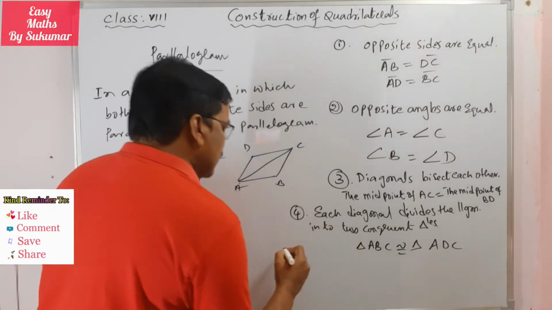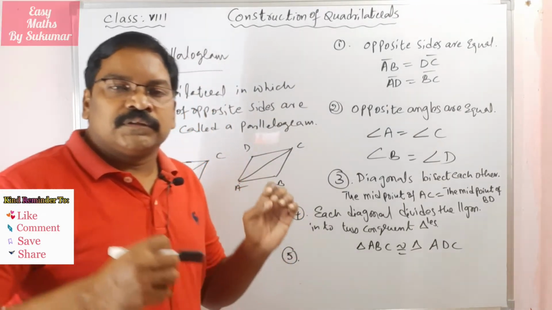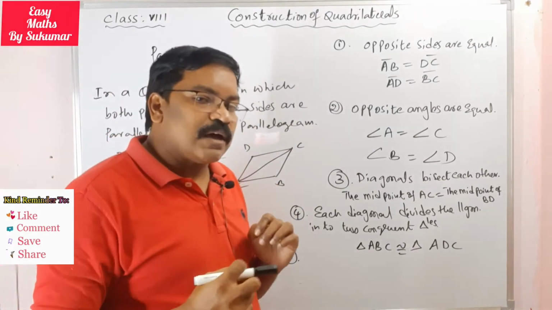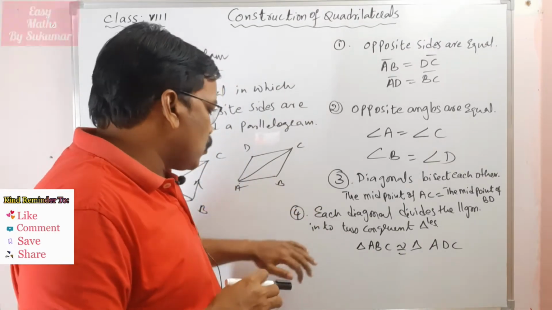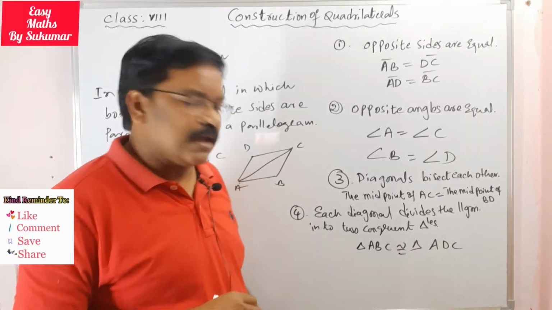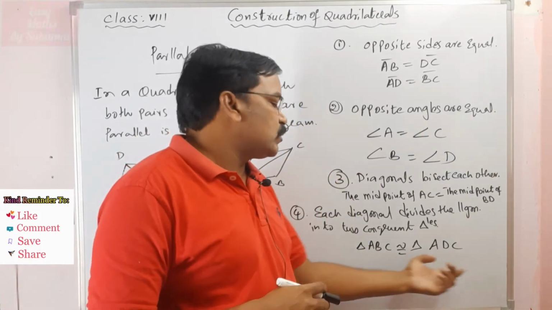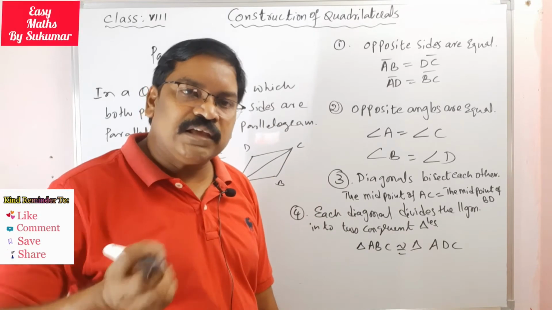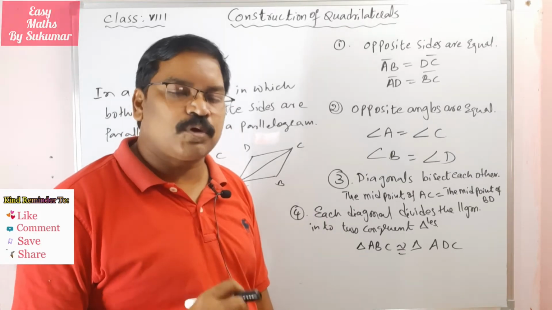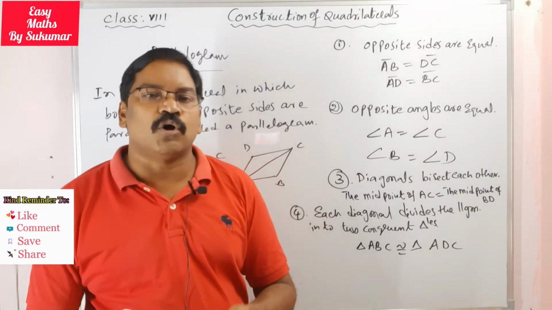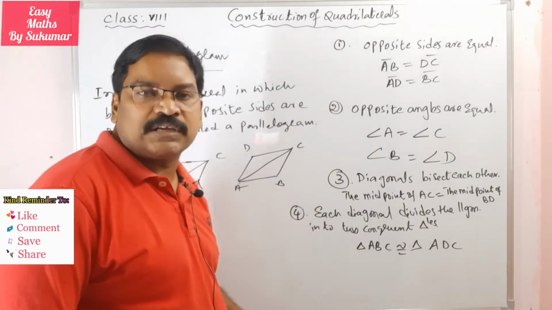See, my dear students, coming to the fifth property, a diagonal divides the parallelogram into two congruent triangles and, okay, this property is not required actually. But I will tell you orally, right? If two triangles are congruent, then their areas are also equal. This property is applicable for any two congruent triangles. Right. So my dear students, these four properties you must learn.